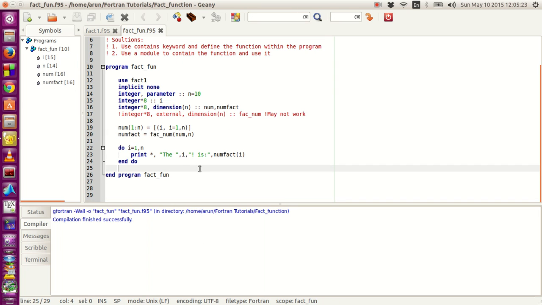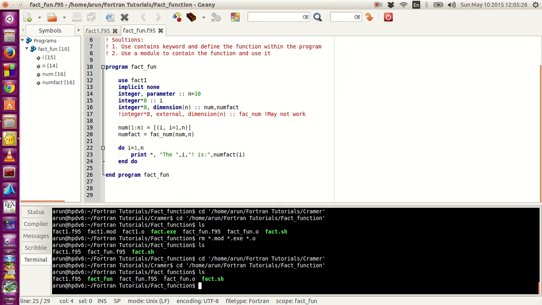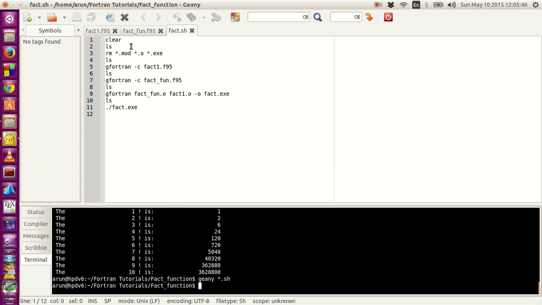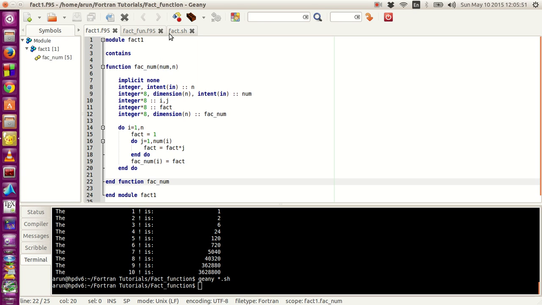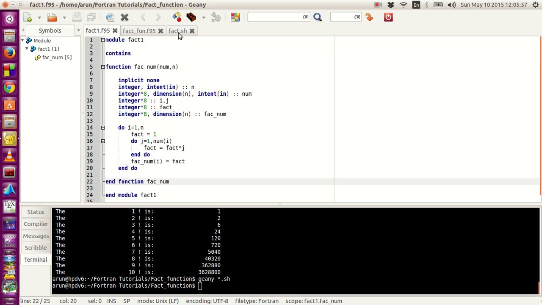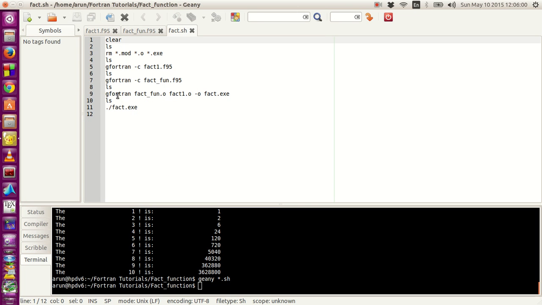Now if I were to compile this, I have a fact.sh file here, bash star dot sh. What it'll do is that it'll do the same operation. I'll just open the file for you guys. It just clears stuff, removes all the mod files, compiles the fact module first, then compiles the function second, then generates the object files, merges all the object files to produce an executable called fact.exe, and